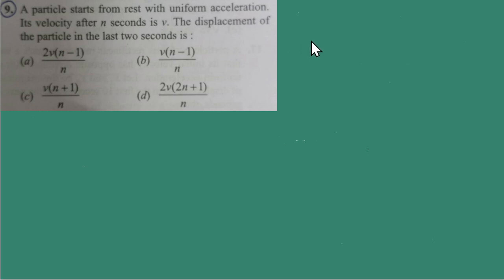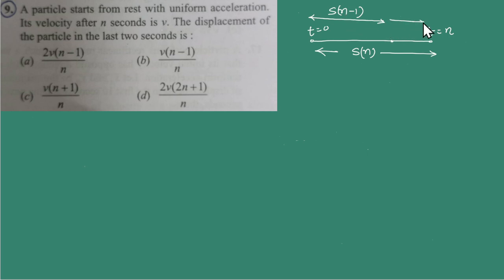Let us consider this particle is starting from t equal to 0 and moving up to t equal to n seconds, and the distance covered in this n seconds, let us consider as Sn. It is the distance covered in n seconds. And if we are finding the distance covered in n minus 2 seconds, then the last 2 seconds, this will be the distance covered in the last 2 seconds, that we are considering